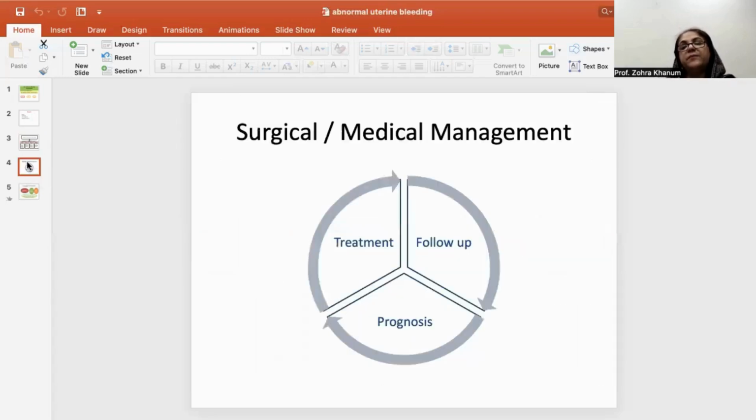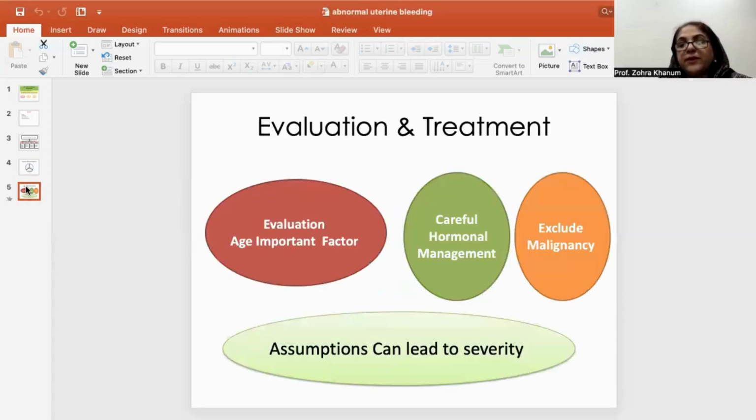And the management depends upon either it's surgical or medical management, but the important thing is that there should be an accurate diagnosis, and the treatment should be planned accordingly. And after the treatment, the follow-up is very much important, and the prognosis, we have to follow it, because during the evaluation and treatment, the main idea is to keep in mind कि किस एज ग्रुप में